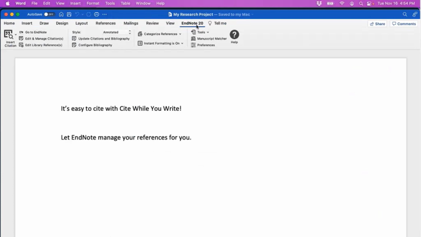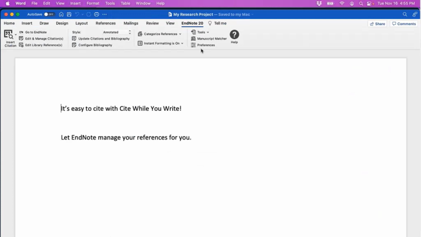This is where you'll find all of the site while you write commands. There's a lot of power to these tools, like I was describing, but today we're really just going to be focusing on, like I said, the daily driver features, a couple of options for citation insertion. I want to show you how you can remove a citation if the need were to arise, and how you can change styles if you'd like.